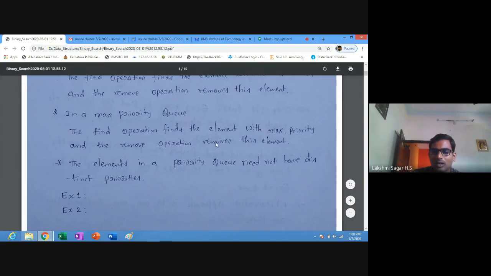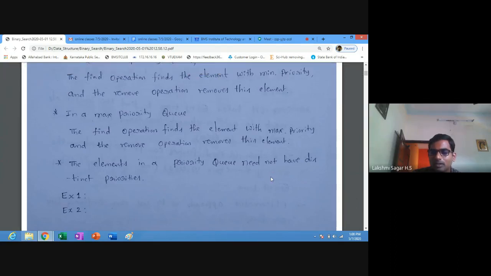According to the ranking or the merit list, you can fill the seats, and according to the money, you can also fill the seats. If you fill the seats according to money, you can use a max priority queue. And according to the merit list, you can also use max priority queues.